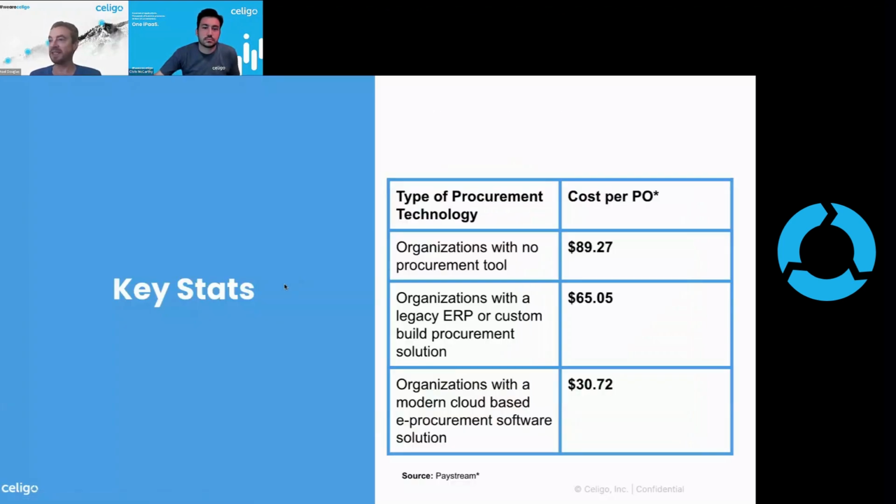So here are some of the key stats that I saw that I thought were really interesting from a procurement processing perspective. This is coming from PayStream, and this was done about a year ago. We look at the cost per PO when organizations have no procurement tool, right? So it's about $89 and change. And then as an organization begins to implement the likes of a legacy ERP, or they've built something in-house, the cost reduces to about